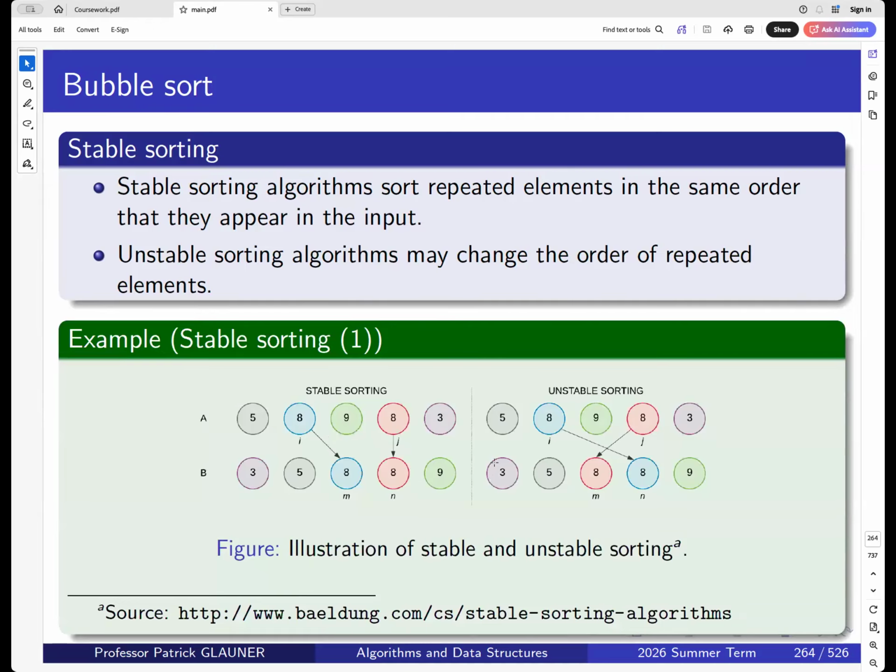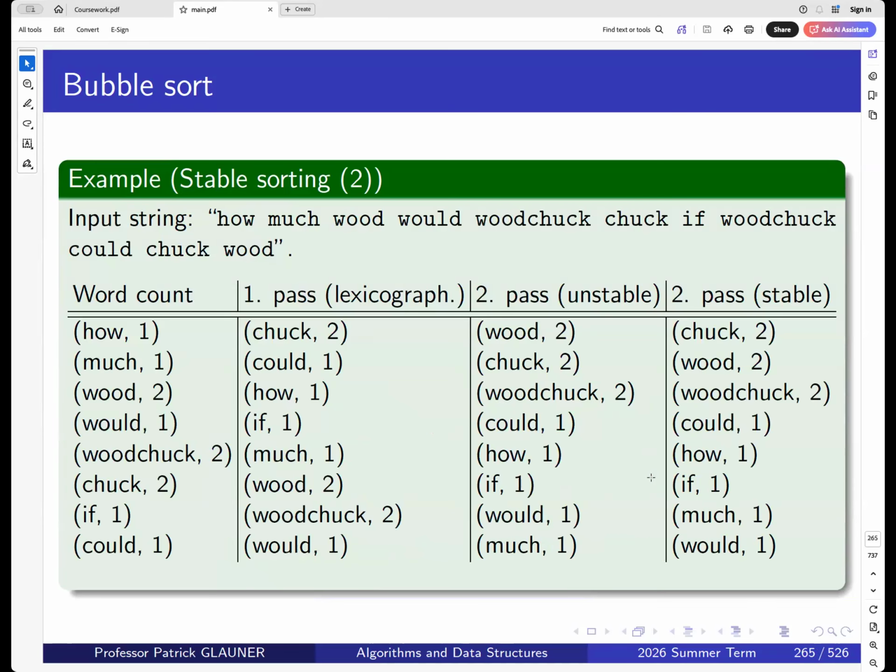There's a visualization here of what stable and unstable could mean. You can look this up on your own, but I will show you a concrete example where we have multiple criteria to see